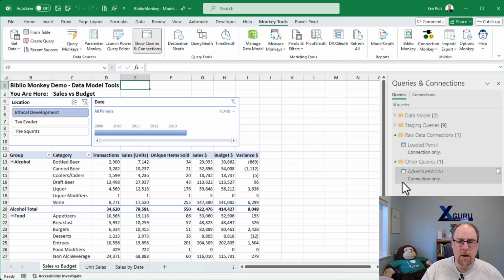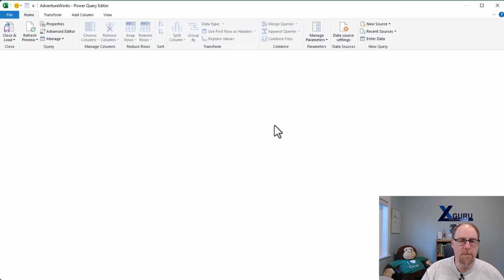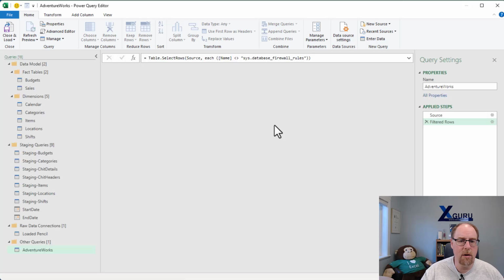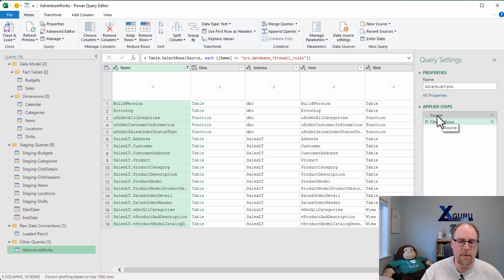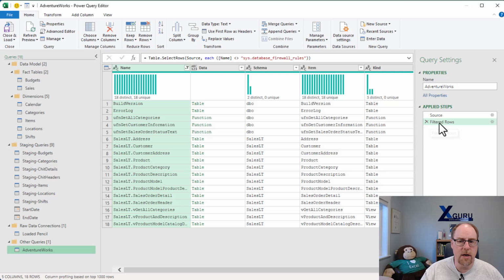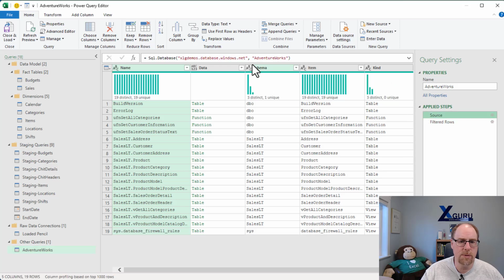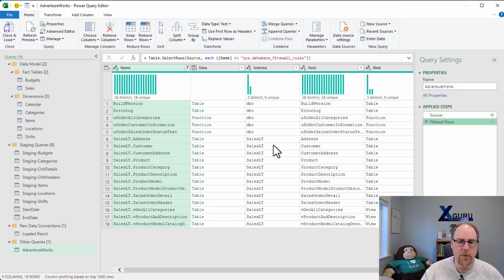there it is. If I double click on it, we can open it up inside Power Query and you can see that it has two steps. It's got its source, it's got its filtered rows. Source, of course, is pointing to AdventureWorks based on the tag that I had. And you can see that this filters out the very last record for the firewall entries, giving us the AdventureWorks